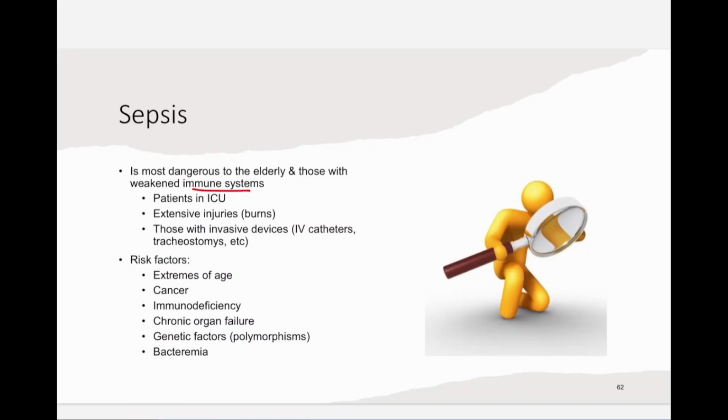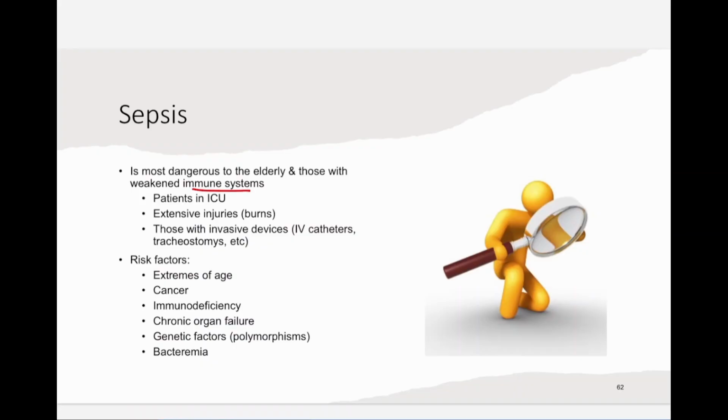If you have, let's say you got your knee replaced, and now you start getting septic, and they don't know where the infection is coming from, guess what's coming out? That knee replacement. They take the whole thing out. They'll leave no bone there. You'll be immobilized. They give you antibiotics to clear out the infection, and then eventually you can get the knee put back in. So anyone with a foreign device, and you have an infection and you don't know where the source is, you have to assume it's the device that's in the body.